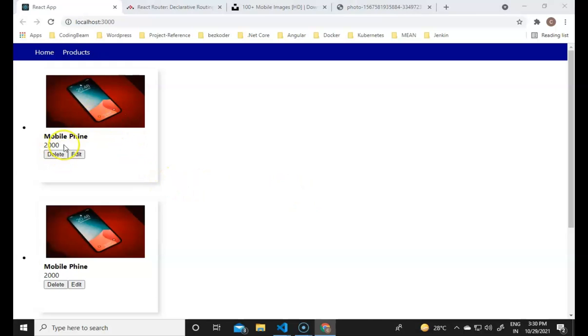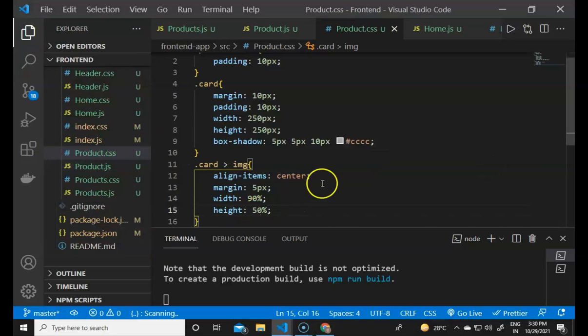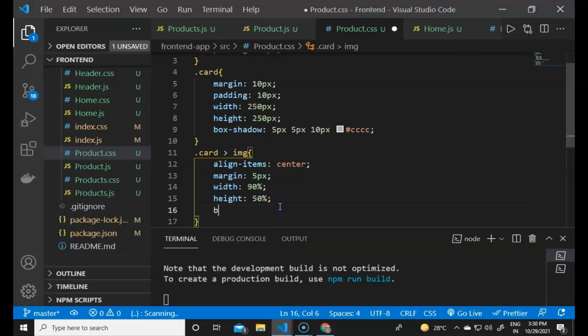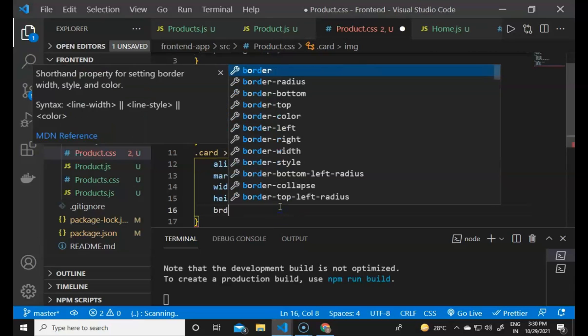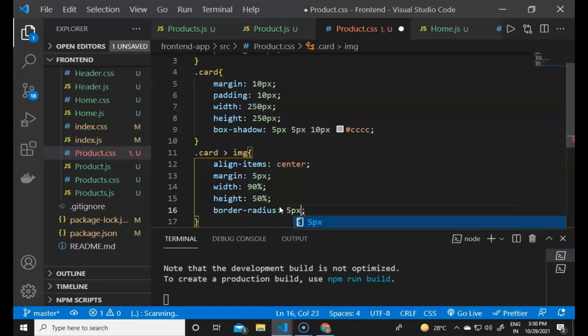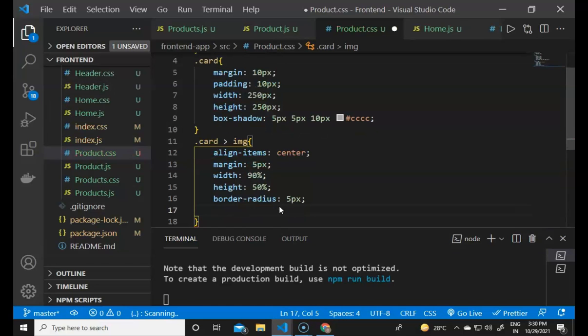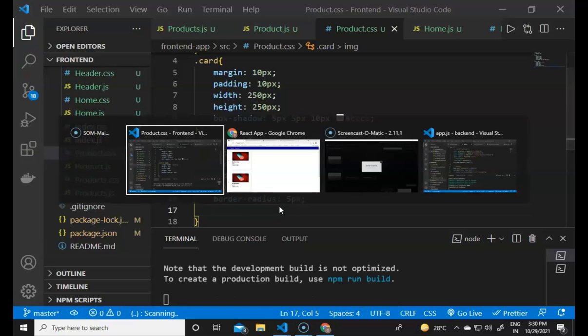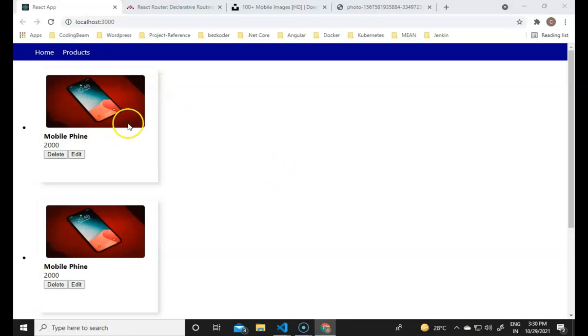So now the image is there, the name of the product is there, the price, and 2 buttons are there. So if I now define here some styles with it, like the border style, like a border radius of 5 pixels inside it. So if I now save, then you will see image borders are there also.